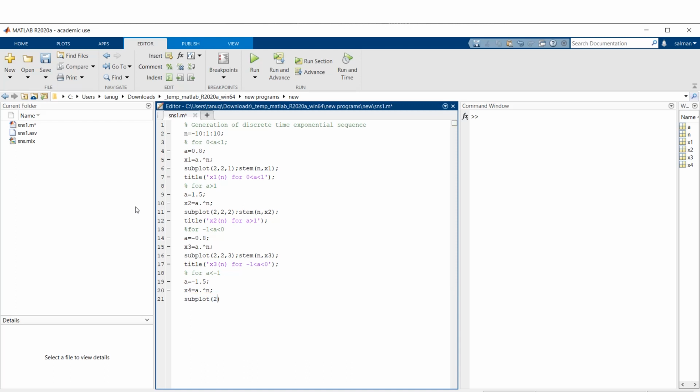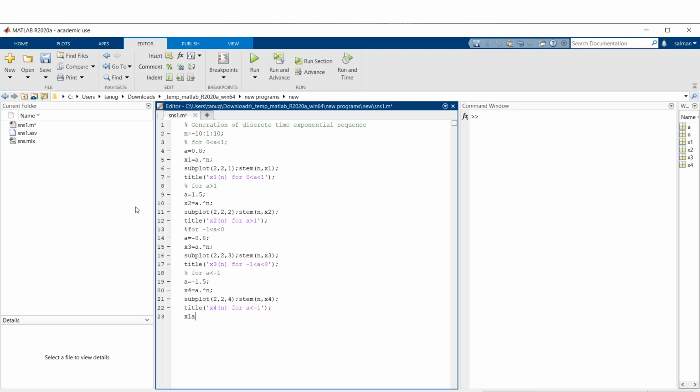This is 2 rows, 2 columns, and this is the fourth graph, so 4 here. Then stem n comma x4. We are plotting x4, so on the y-axis we have x4. Then the title is given by x4 of n for a less than -1.